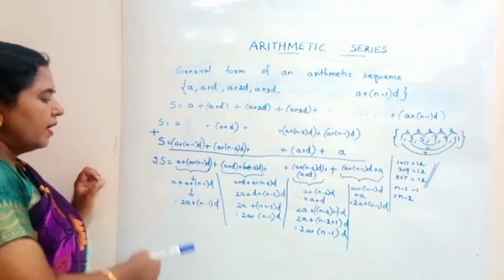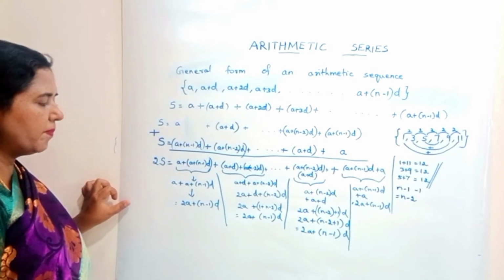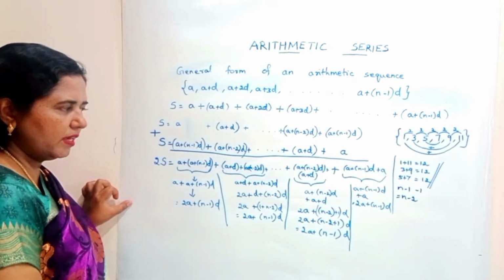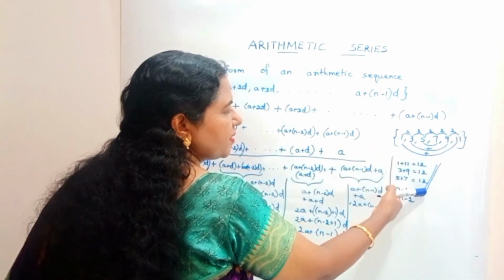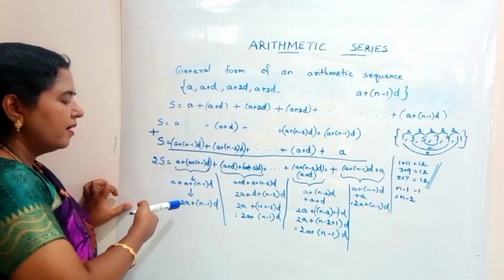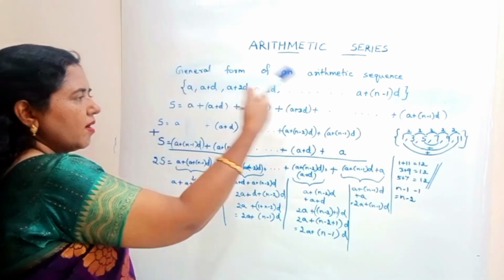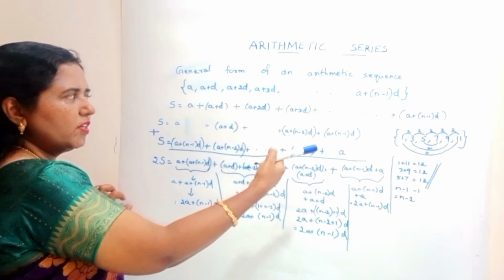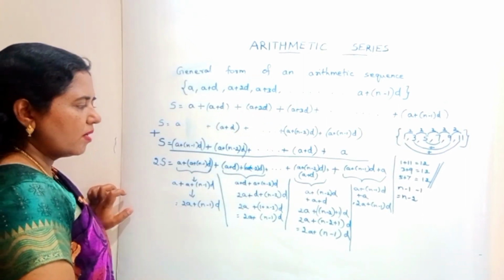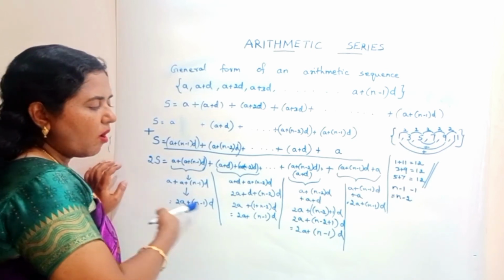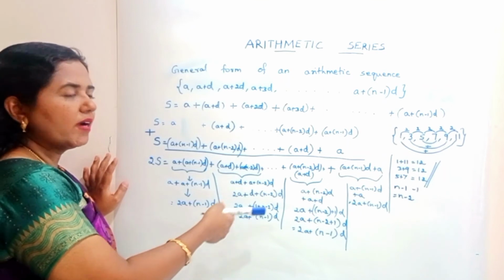So in all the cases, we are getting the same sum. It is 2a plus (n minus 1) into d. It is similar to this. That is, here all the sums are same. Similarly, here we have got the same sum when we add the first and the last term, second and the last before term, third and the term before the last before term. So this goes on. Okay, so now in all the cases we have obtained the same sum, that is 2a plus (n minus 1) into d.